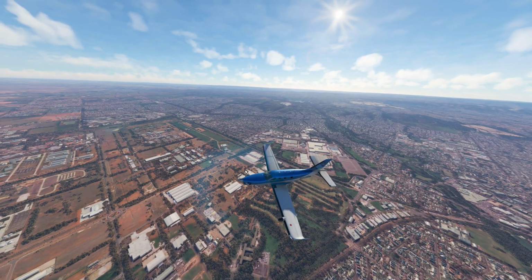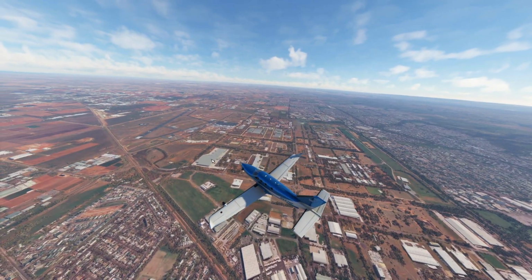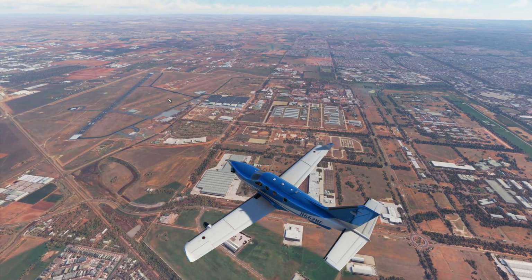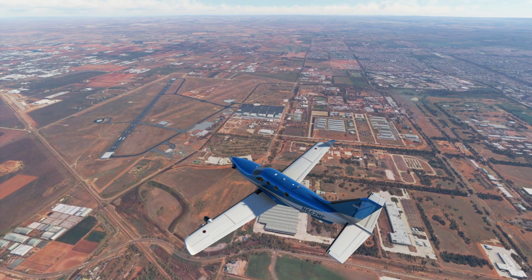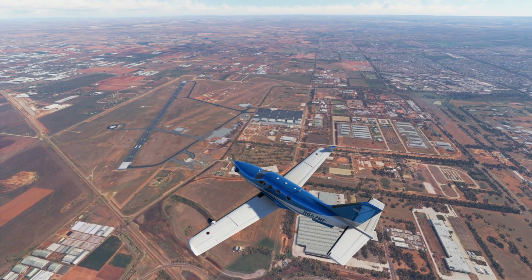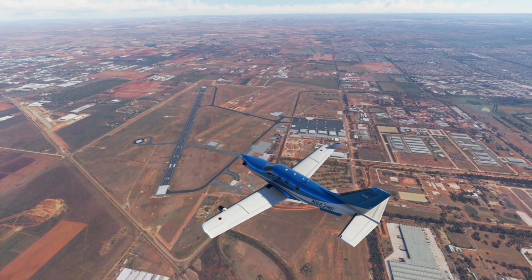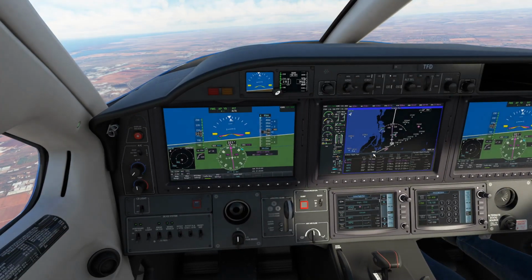Really is a beautiful morning here, just a little bit breezy. You can see the red dirt. Or is this Parafield down here? I can't remember. What's this one? I don't know. That might be the RAF base. I don't know, folks. Anyway, we are on our way